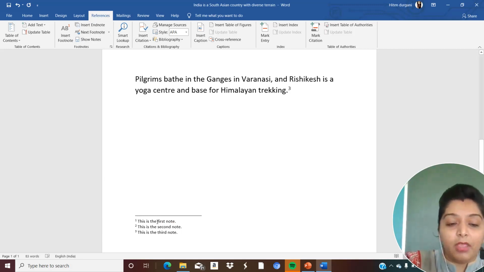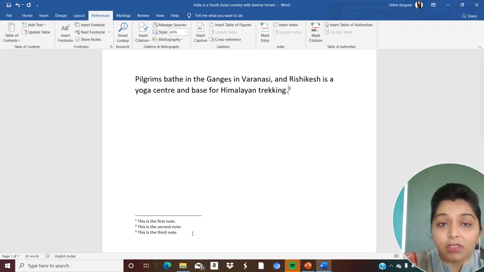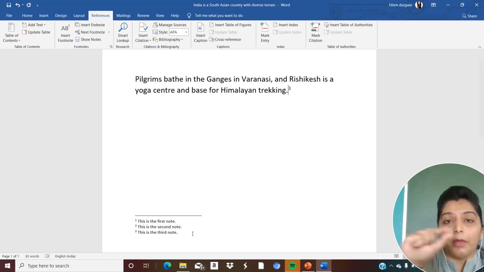In the same way, here you can write the references like the names, or in the textbook also. When there is a chapter of yours, and at the end of the chapter it is written like reference from, the references from this and this book, or in library when you are studying many books, आपकी library की books के नीचे यहाँ पे पेज के नीचे लिखा हुआ होता है, कुछ quotes आते हैं और references आते हैं. These are the references which you can add in the Word document.